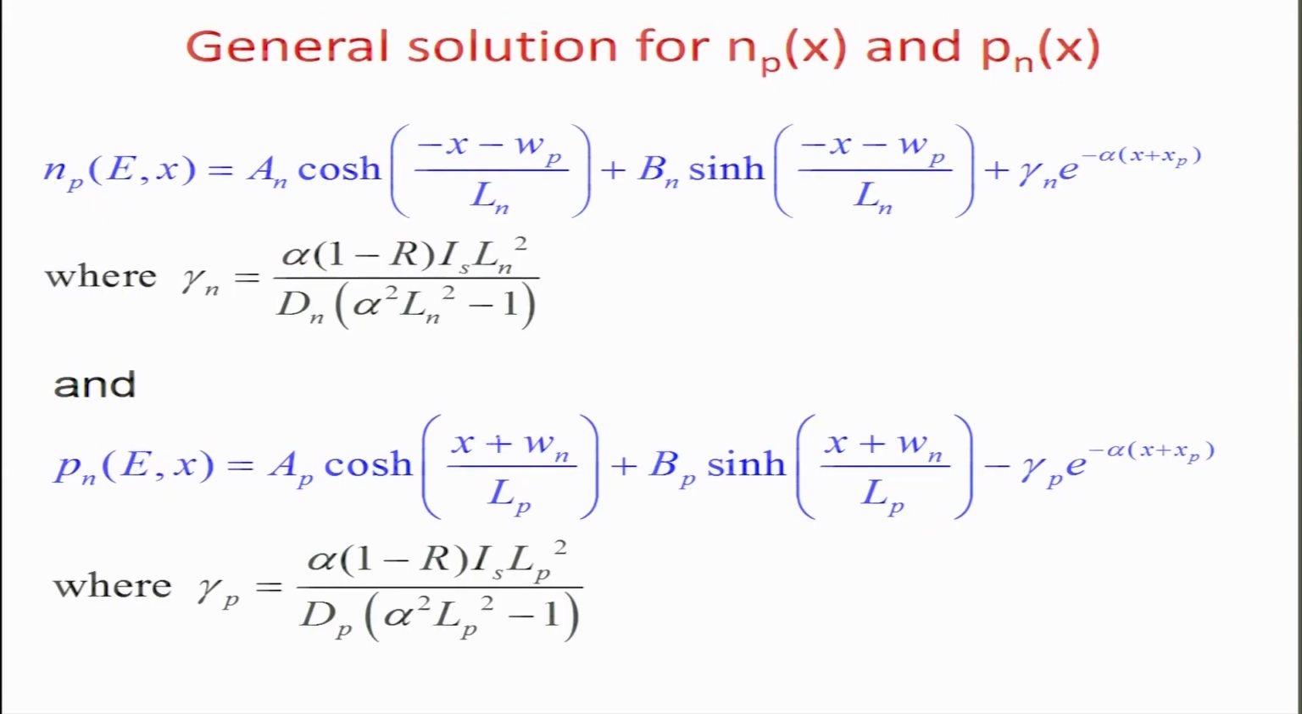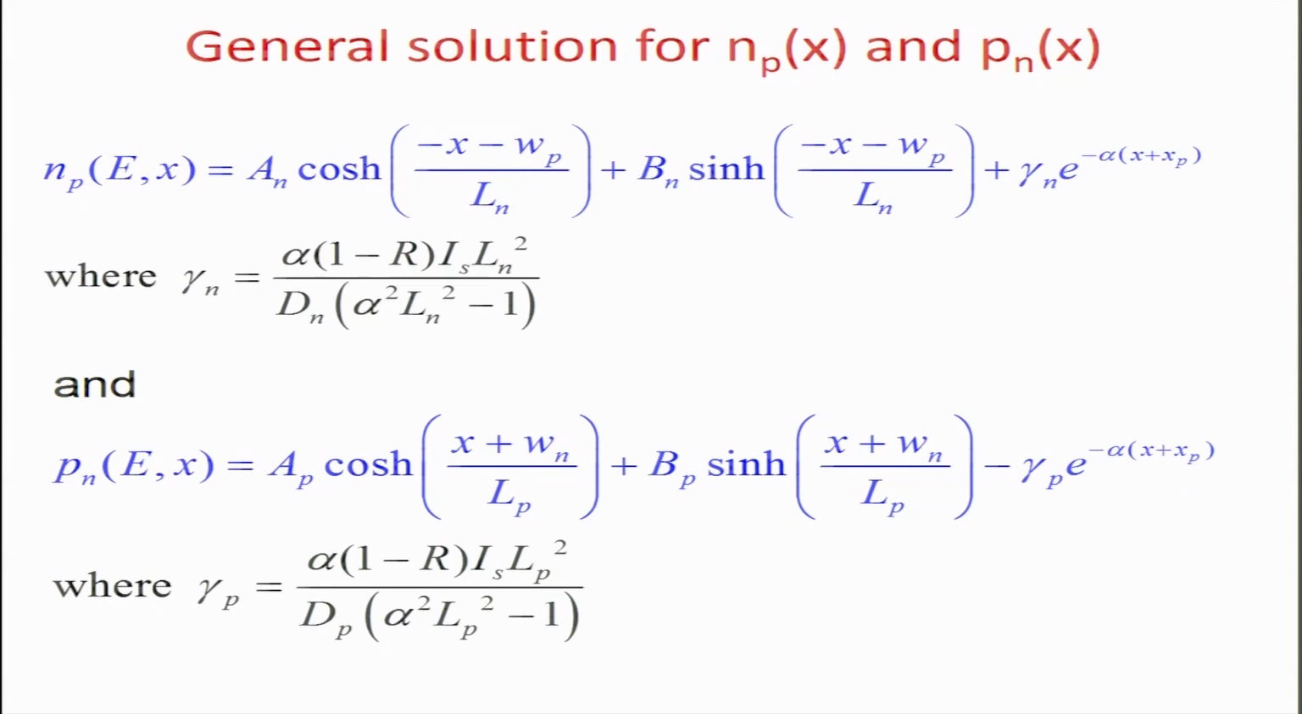So, Ap cosh, instead of minus (x minus Wp) by Ln, now we have (x plus Wn). This is for holes, whereas for electrons you have this minus Wp term appearing because that is on the P side. On the N side for the holes you will have the Wn term coming, and since you are talking about holes, the minority carrier diffusion length is considered. So you have a cosh term, a sinh term, and a similar term, but instead of plus gamma n you have minus gamma p exponential of minus alpha into (x plus xp). This gamma p is okay, because it is coming from the